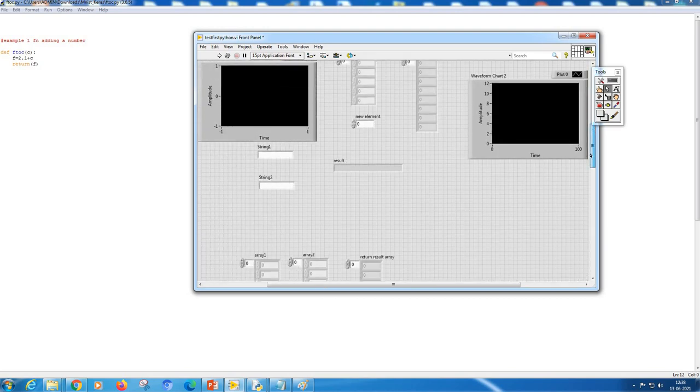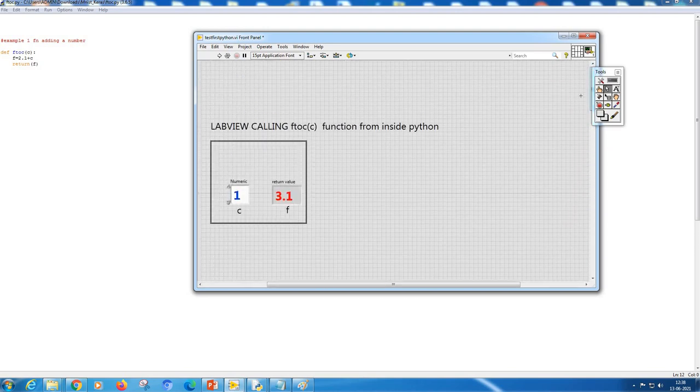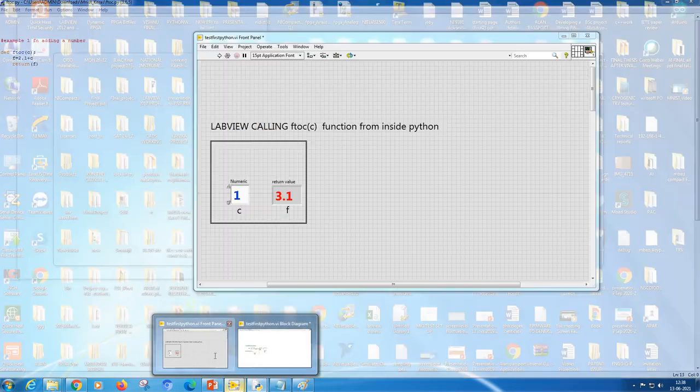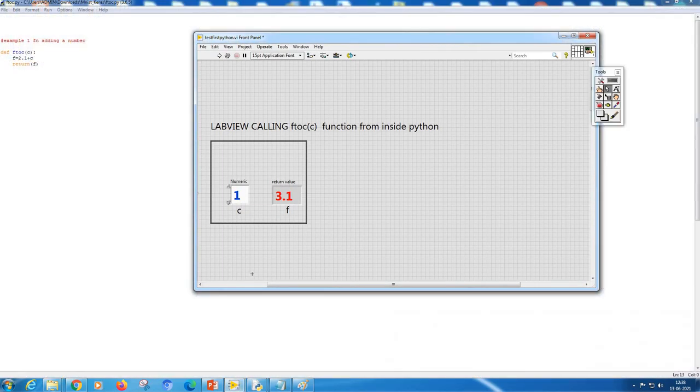You can create beautiful screens like this for analytics, especially in machine learning and artificial intelligence. Whereas most of the good libraries of artificial intelligence and neural networks, etc., come in Python. Now you need to combine these two. How do you do that? In simple words, I am going to explain combining the Python code which you see on the left side, which you call from the LabVIEW screen.